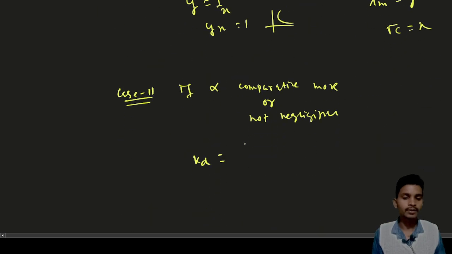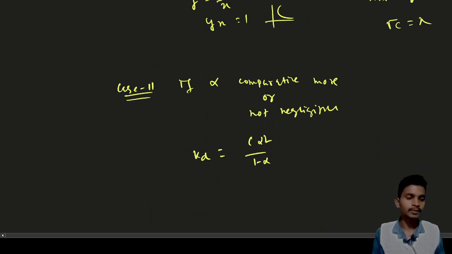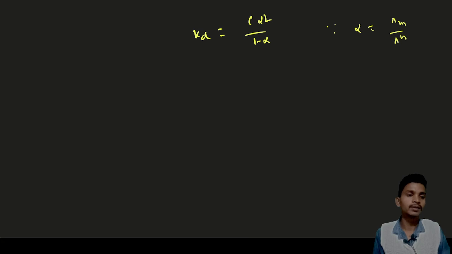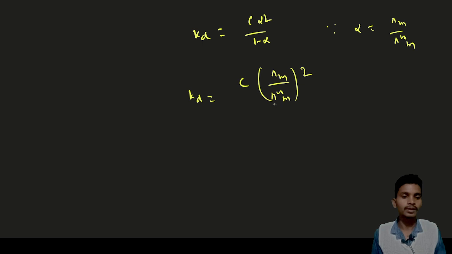C alpha square upon 1 minus alpha. So this alpha, because alpha is equal to this by this value, I can put this value here in C, and this becomes 1 square,